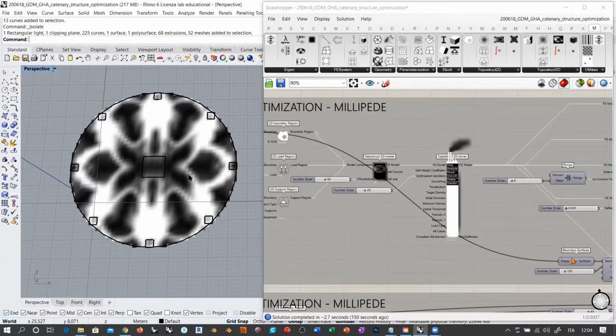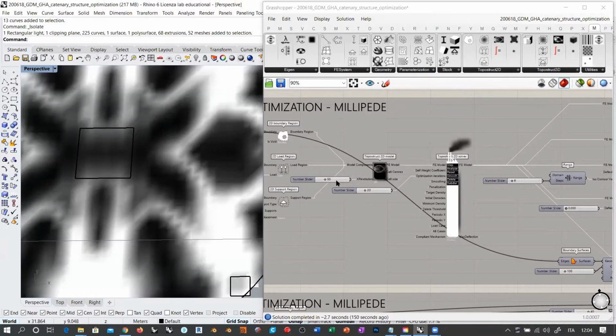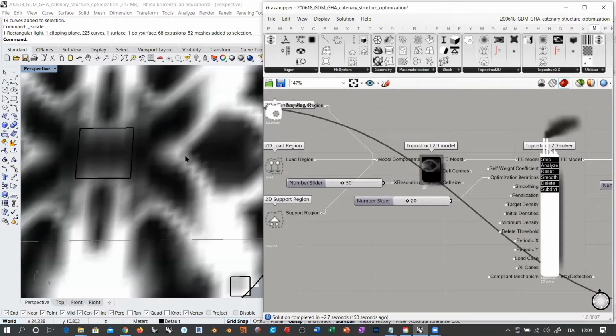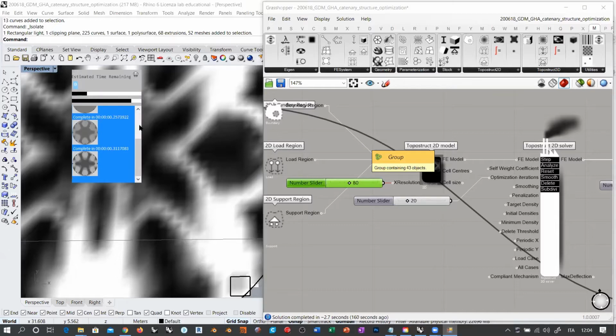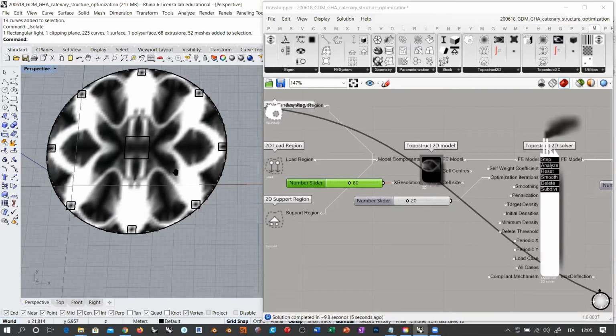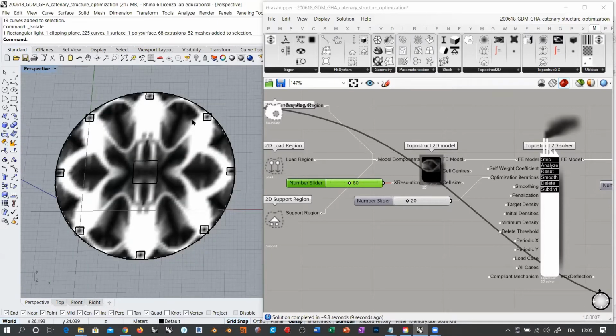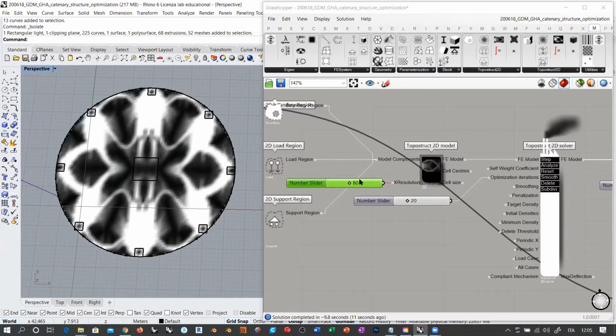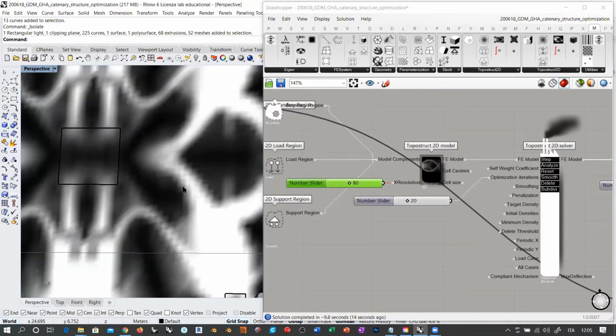The resolution that you see is quite bulky because 50 SX resolution is not enough to have a more smooth detailing. If you want, I don't remember what was the actual resolution, but as Millipede is running quite fast with this system, I can also exaggerate and bring this down to 80. You will see that there are more details appearing also in the black areas because they are subtle stress lines, like secondary stress distribution inside these black areas. The higher this value, the more resolution you get from this